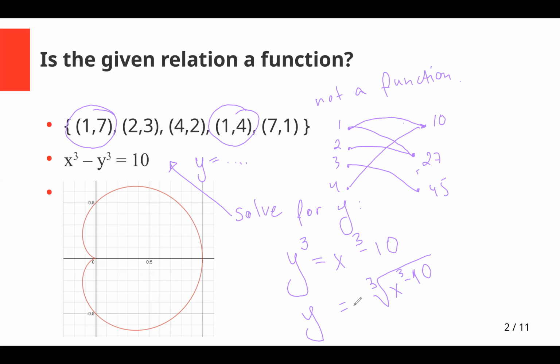So I'm not going to put plus minus here because cube has no issues with negative numbers, right? For example, if I'm saying 2 cubed, it is 8. And if I'm saying negative 2 cubed, it is negative 8, right? So when I'm extracting a cube root, I don't need to take care of the minus and plus